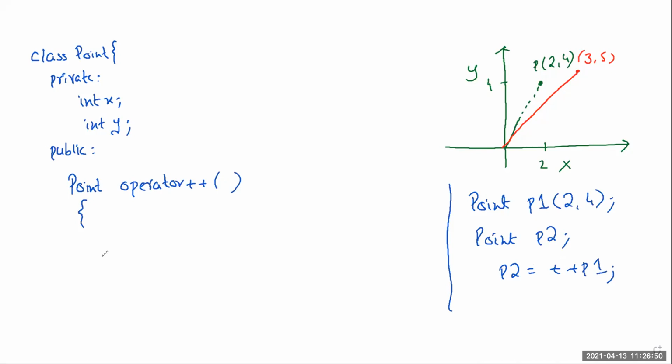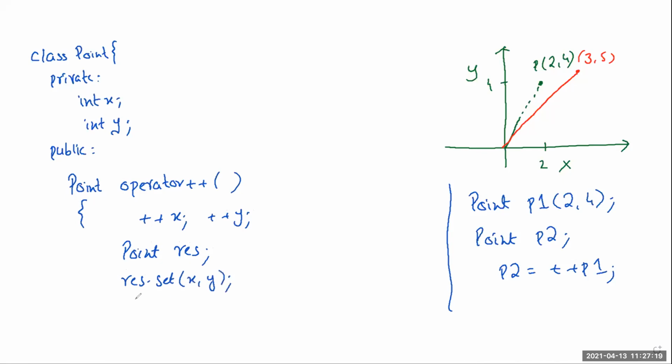Okay, so within this, what we do, we have to increment x and y both, right? So what do? I increment x, I increment y. Okay, and then I have to return it. So I make a point object, say point result. Okay. You can pass in the constructor as well, but if you want, you can write result dot set